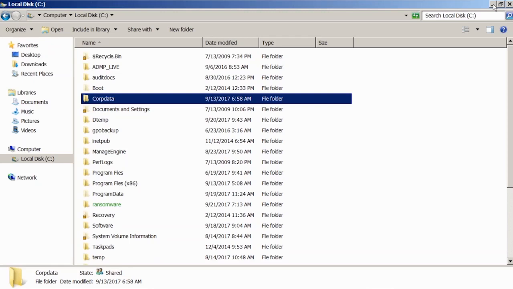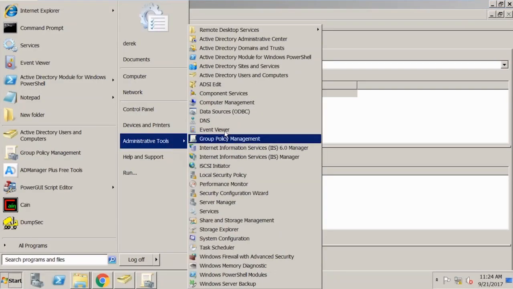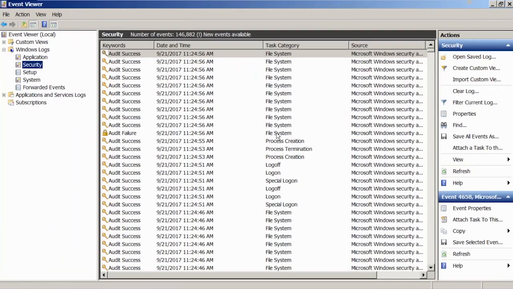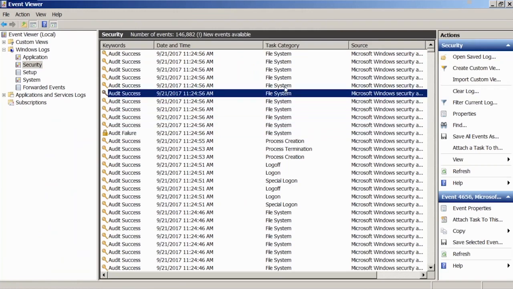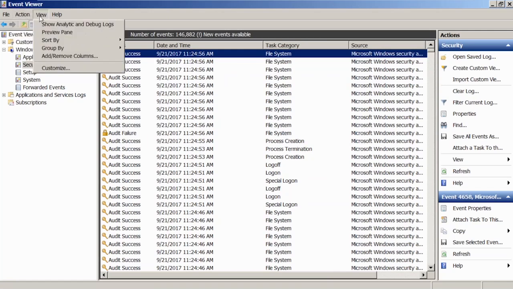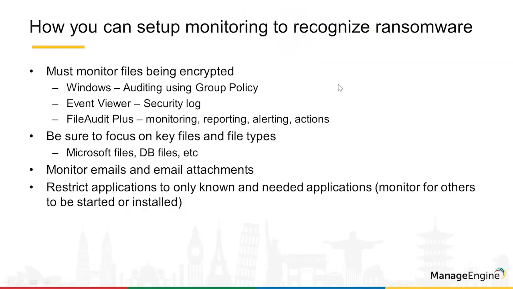Now, if we do group policy and we do the SACL at your file and folder level, the result is actually going to show up in your event viewer. Okay? So in your event viewer under your security log is where the results show up. So if someone tries to access the file system, you'll see here, it shows up. This is what we want. This is the benefit. The negative is, well, gosh, what do we do here? We don't have any reporting in here. So we want to set this up, but it's not always the best situation. So this is a way to go and set it up, but sometimes you have to take other measures,